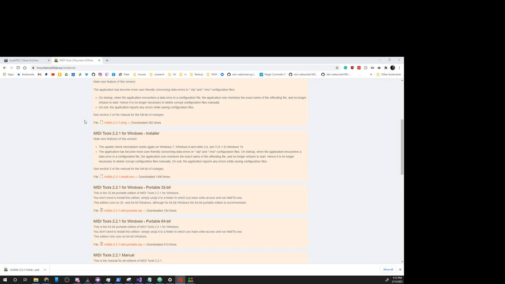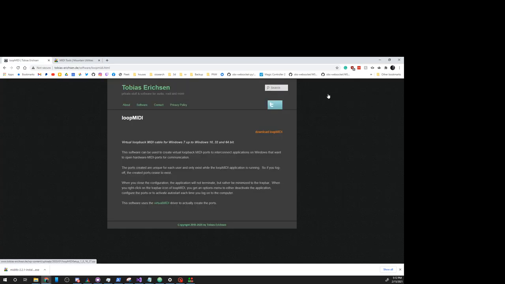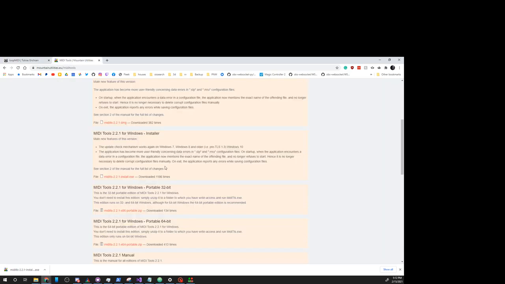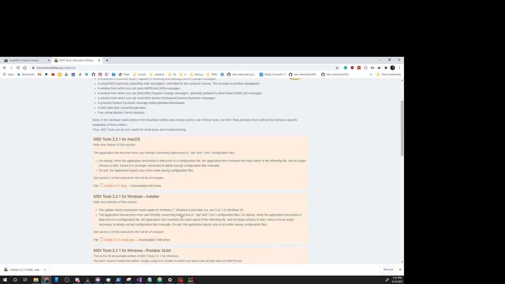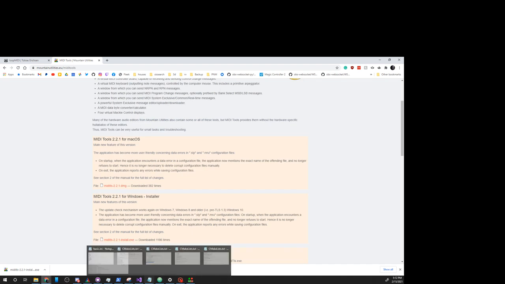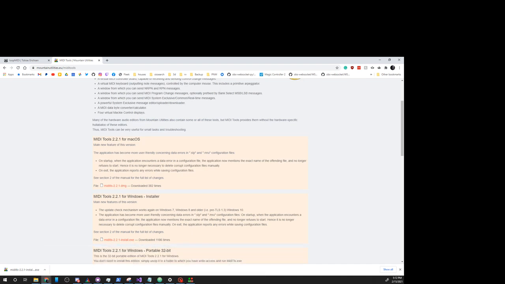Hi, so we're going to go to Loop MIDI Tools, download that, and then install it. We're going to grab MIDI Tools from Mountain Utilities. We're going to download and install that. Then to set up a Loop MIDI device,